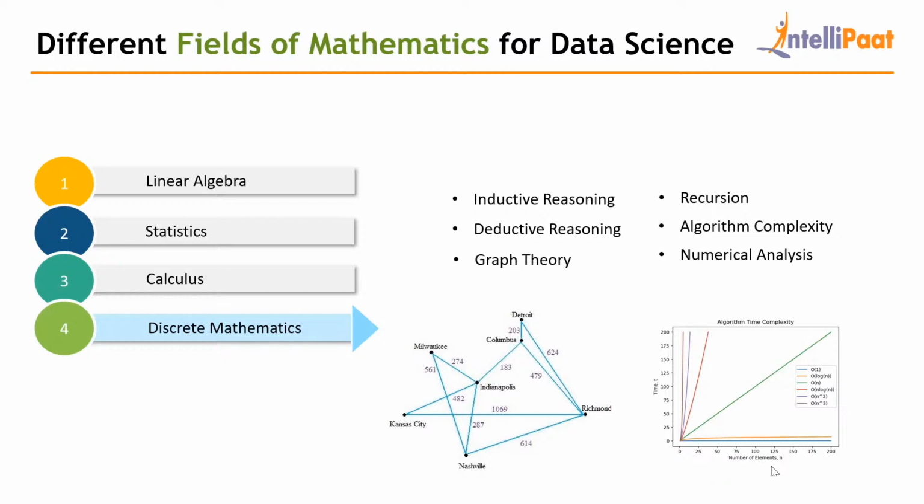So this was all about the mathematics that is required for data science, which is linear algebra, statistics, calculus, and discrete mathematics. You need not learn mathematical concepts separately, but you have to implement them using data science and machine learning. As you implement various algorithms, if you are working on data visualization, you will be using various statistical techniques, different graphs, and various parameters of statistics and probability.